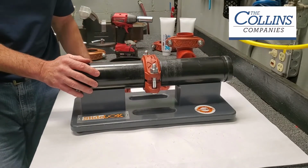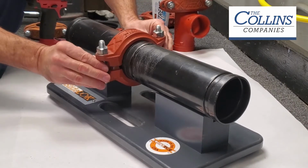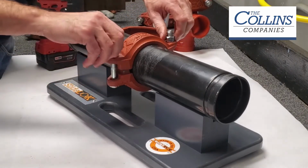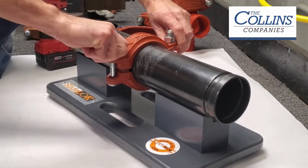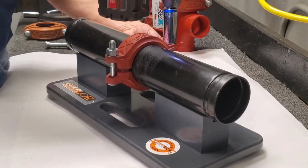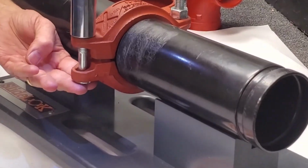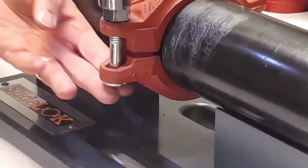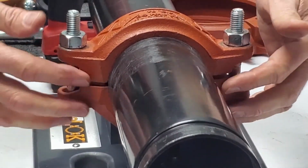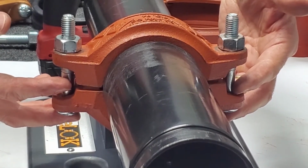Okay, so you slide this coupling on, locks into the grooves, then what? So we'll slide that coupling into place, ensuring that the keyways of this coupling housing are over the groove locations. Hand tighten the nuts. And with an impact wrench, equally and alternately tighten the housing to achieve our visual indicator, which is that gap, an equal gap on both sides,